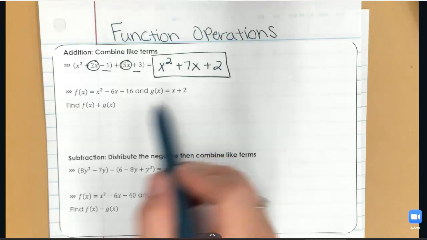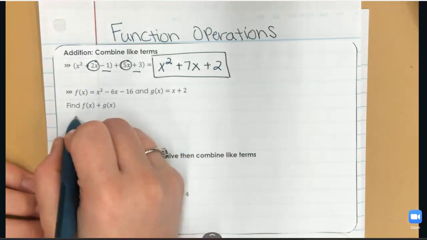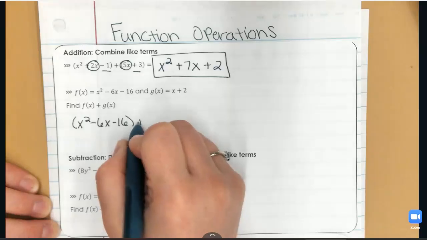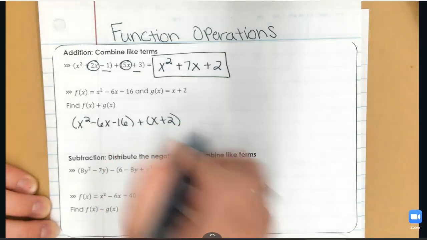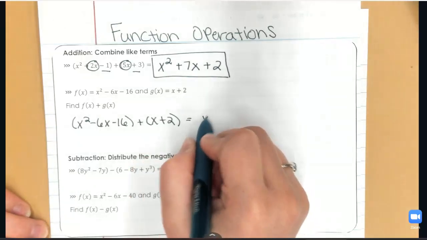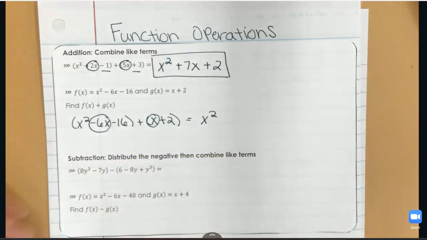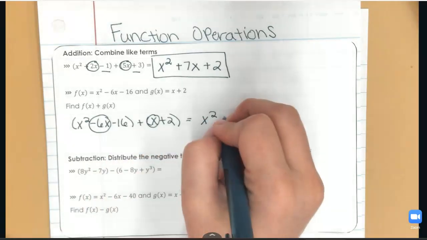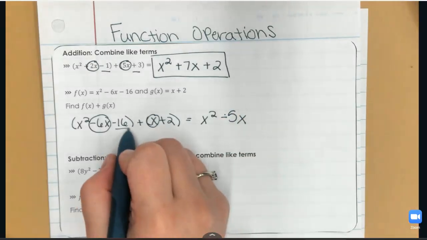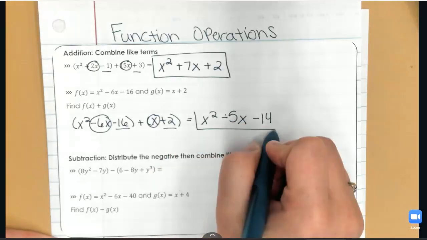On the next one, if f of x is x squared minus 6x minus 16 and g of x is x plus 2, how would I find f of x plus g of x? Well, I'm going to do exactly what I did on the first problem. I'm going to take my two functions and I'm going to add them by simply combining like terms. I don't have another x squared term, so that will stay the same. I have a negative 6x and an x to the 1, or 1x, so that will total to negative 5x. Then I have a negative 16 and a positive 2, that will total to negative 14,